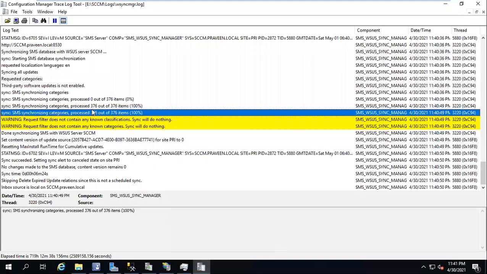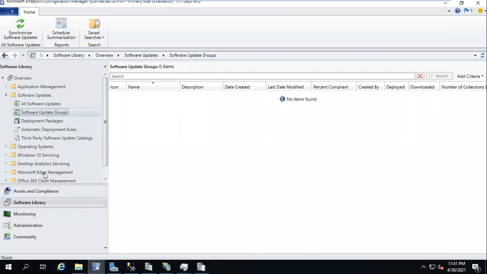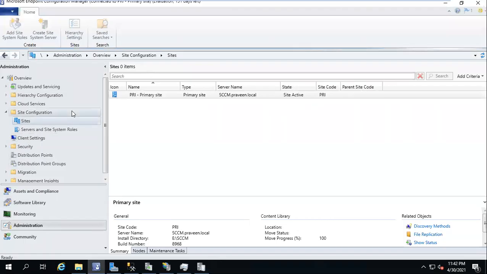Most of the catalogs are updated. Okay. Clear what I'm saying to you? Yes, sir. Now what we need to do is go to administrations,